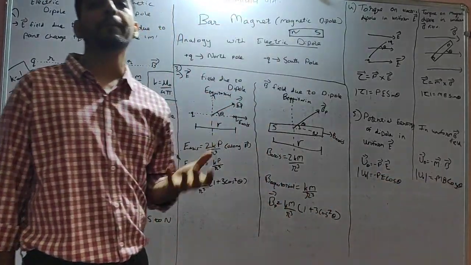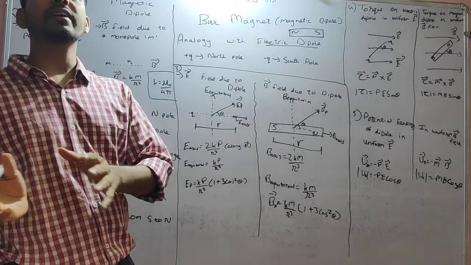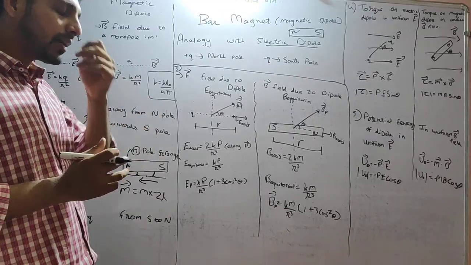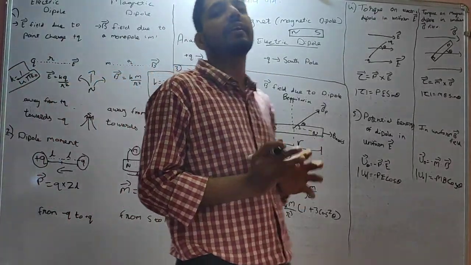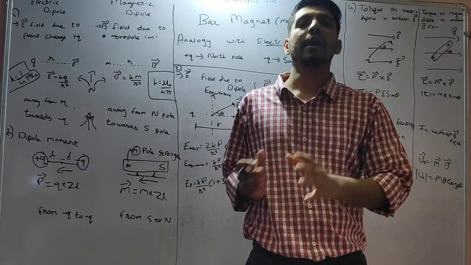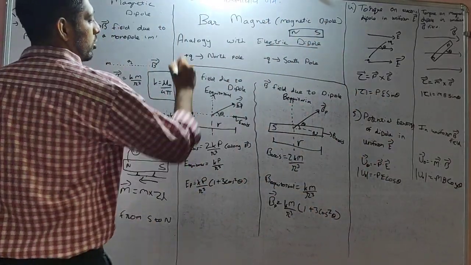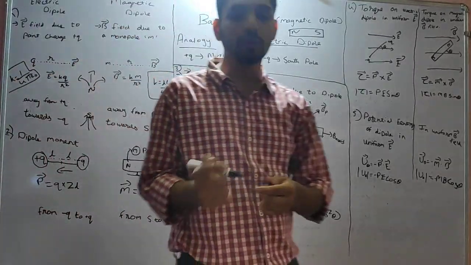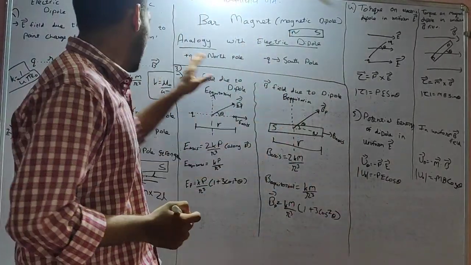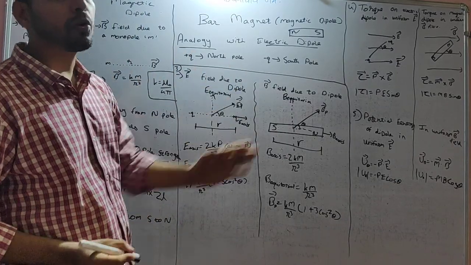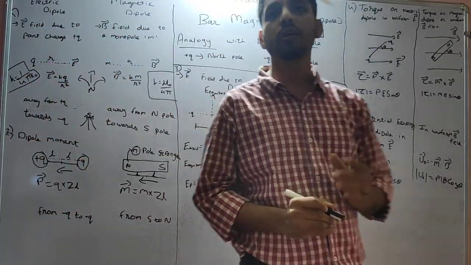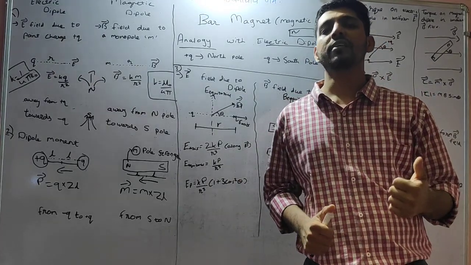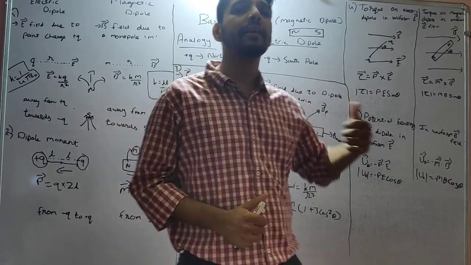So this is all the comparison between the magnetic dipole and magnetic field, and the electric dipole and electric field. The magnetic field almost acts the same, and the formulas for the magnetic dipole are almost the same as for the electric dipole. So we can directly use the analogy with electric dipole to compare the magnetic dipole. I hope this much portion is very clear to you. If you don't know any of the formulas for electric dipole, you need to refer to your chapter number 1 so that you can understand the formulas. And if you know the formulas for electric dipole, then you can continue with your magnetic dipole also.